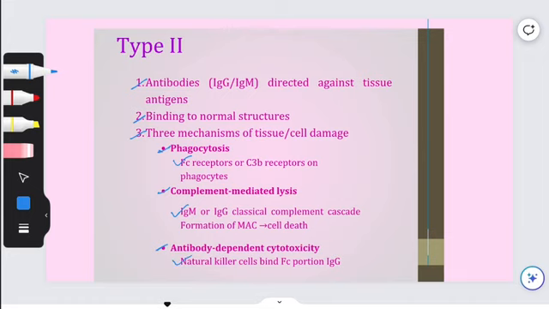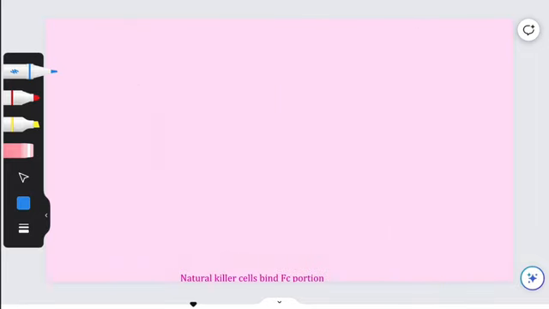Damage can also occur to cells and tissues through complement. IgM or IgG can trigger the classical complement cascade. They can form the MAC and this can lead to cell death. And then finally, in these disorders, there is often antibody-dependent cell-mediated cytotoxicity. This is where natural killer cells bind to the Fc portion of IgG and then release their contents and destroy cells